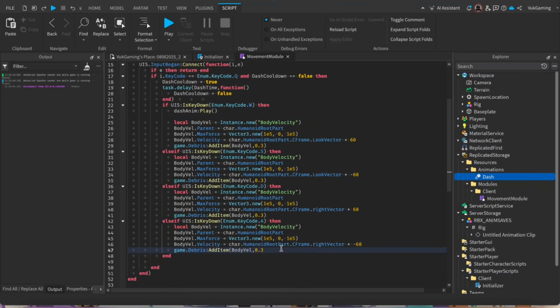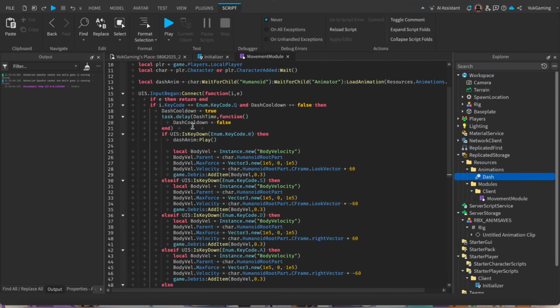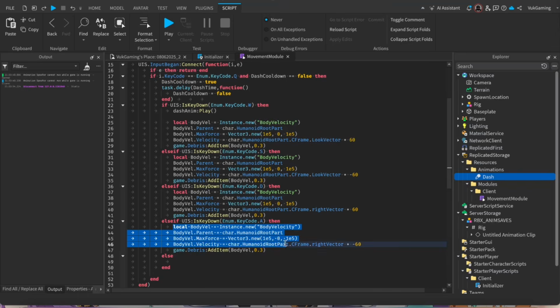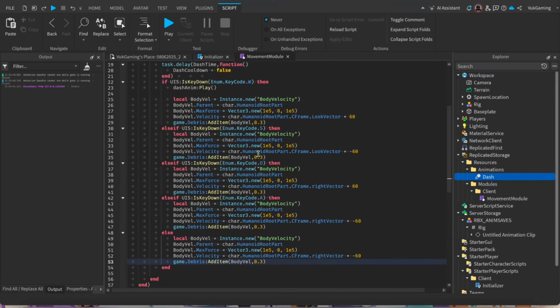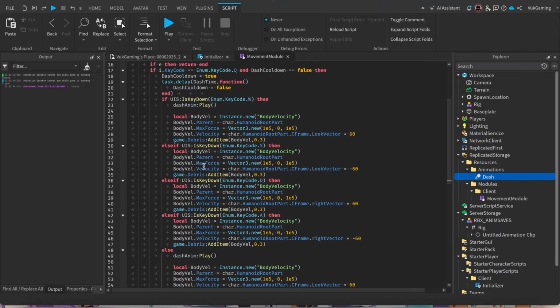Also, we're going to do another type of line right here. Now I know this can be way better looking, and we can have one function that just calls this, but for the sake of these purposes, I'm just going to copy and paste everything so I can show you guys what each thing means. Let's do this one right here. This is basically if you're not holding any of these keys, it's just going to do the front dash,